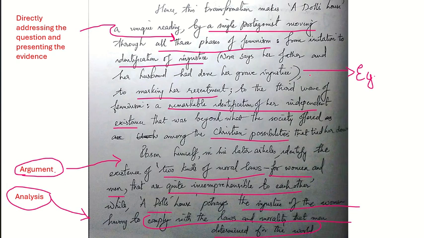You can also include the same where she says, "You have done me great wrong. I have lived from hand to mouth in your house." So you can also use sentences, and you can also explain it like she has explained. Nora says her father and husband have done a grave injustice. You can also use this quotation to mark her resentment, leading to the third wave of feminism, a remarkable identification of her independent existence that was beyond what the society offered among the Christian possibilities